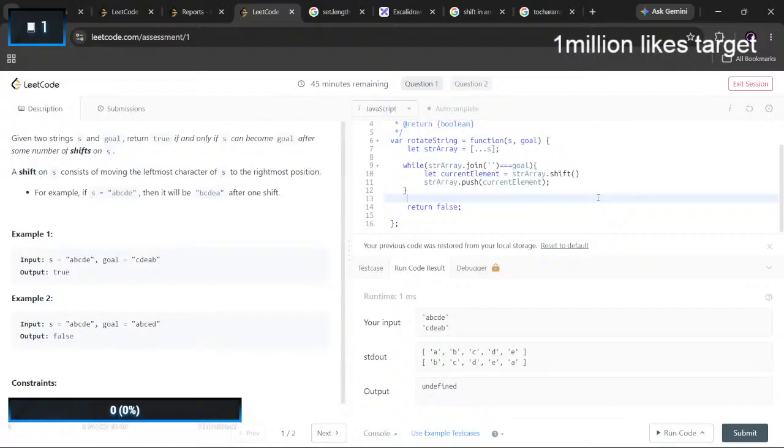Would this work? I don't know. Until those two things are not equal. I don't know if this would work or not.